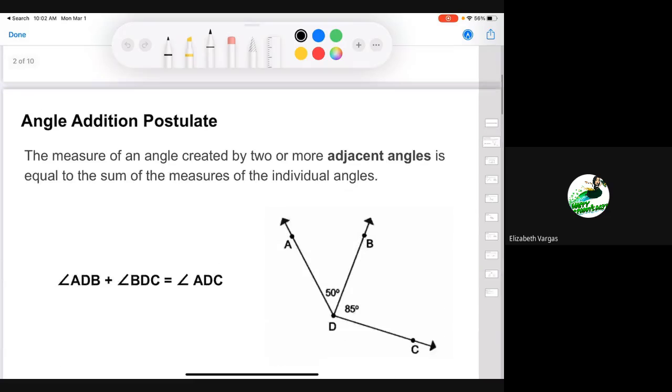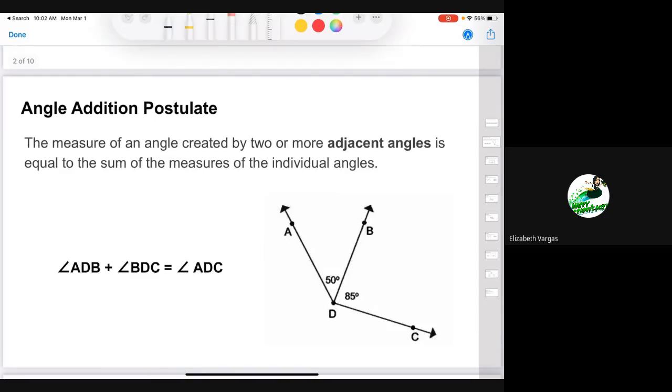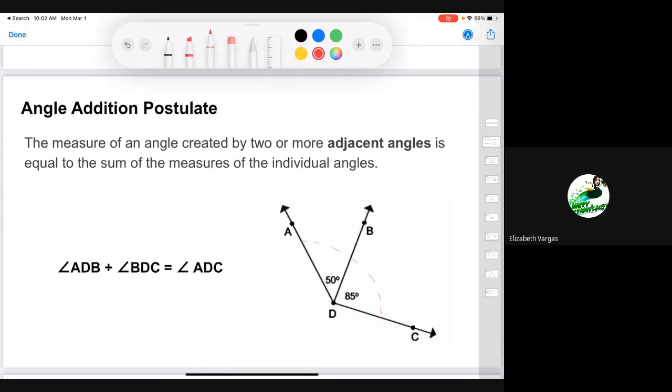Okay, linear pairs and vertical angles. So we looked at this briefly, but just a reminder of the angle addition postulate. The angle addition postulate basically says that we can add two adjacent angles together to find the sum of an entire angle. So for example, if we wanted to find the measure of this entire angle right here, more specifically angle